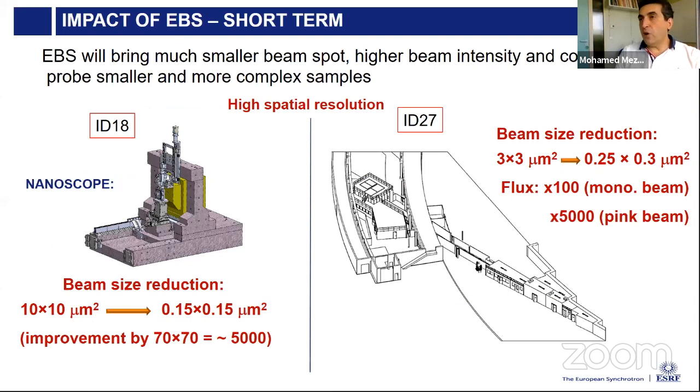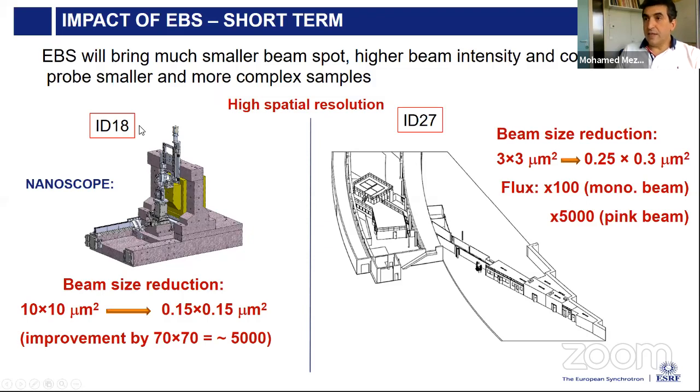Okay, and if I talk about EBS, what EBS should bring, as a first approximation, is a much smaller beam spot, higher beam intensity, and coherence to probe smaller and more complex samples. In the case of high pressure experiments, it is very important to have a much smaller beam spot and much higher intensity. And this is achieved at several beamlines. Let me just give you